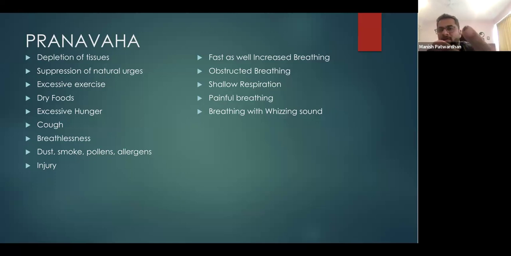And if we extend the concept, the avalambak kapha does the function of support and lubrication of all the organs in this area, not only from outside but from inside also. Just like kledak kapha causes secretions in the stomach and protects the stomach lining from inside, here also the avalambak kapha is constantly secreting kapha inside the system, preventing friction between prana and udana.